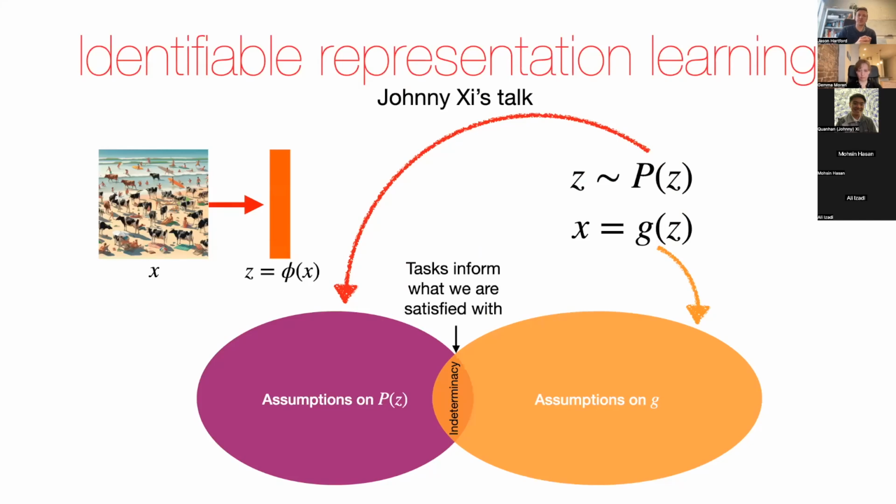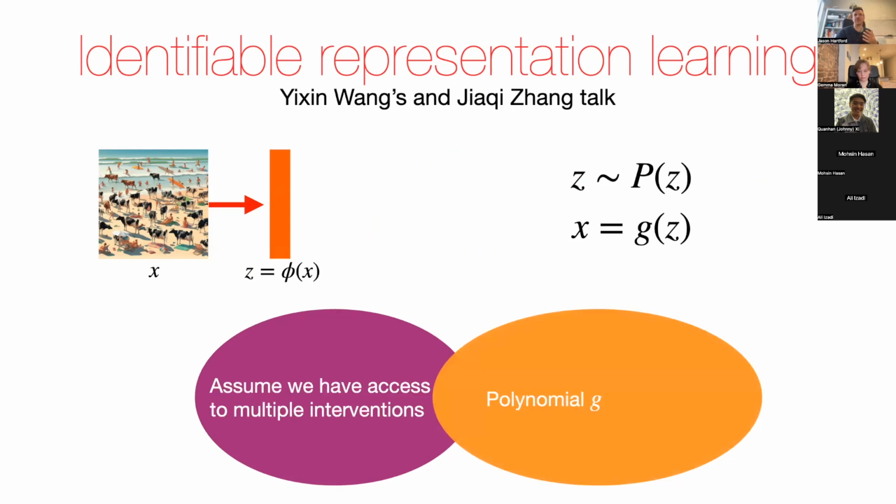We started off this talk series with the talk from Johnny, who's here, who gave a nice characterization of identifiability as being the intersection of assumptions on the latent distribution and assumptions on the generator function or rendering function, whatever you want to call it, the mapping from latent to observation. And then we saw a series of papers that made different sets of assumptions and which led to